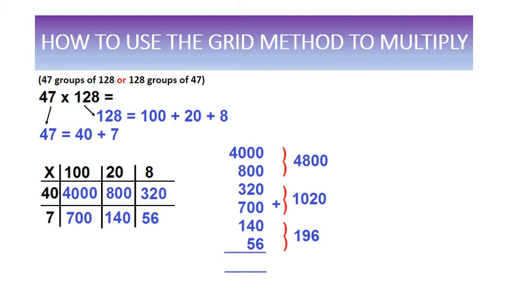I've put the 4,000 with the 800 to make 4,800. I've put the 320 and 700 together, and I've combined the 140 and 56. So now I'm going to add those 3 numbers together instead. And as I say, you're less likely to make errors this way. And again, if you need help with addition, please look at my video on addition. So here we've got 6 units. We've got 1110, so I've carried. I've got 1000, so I'm carrying again, and then I've got 6,000. So the final answer is